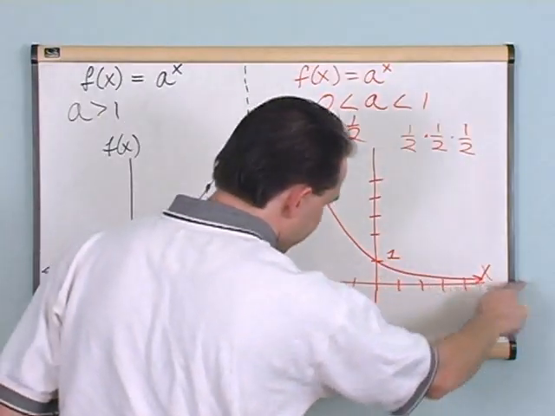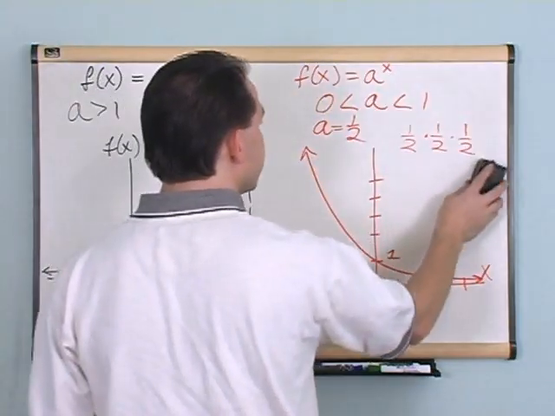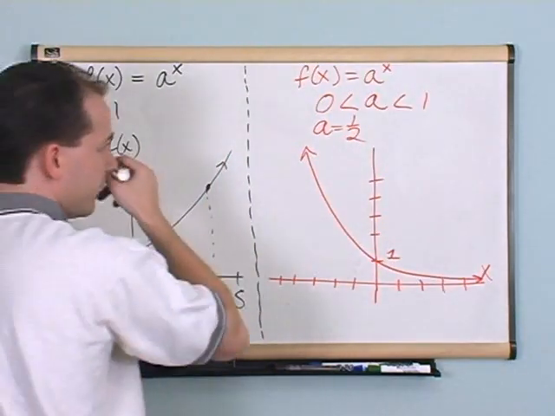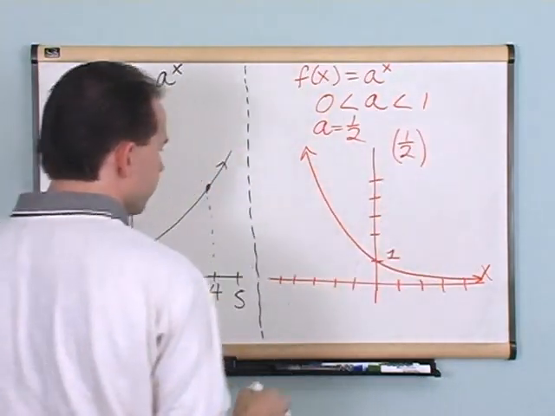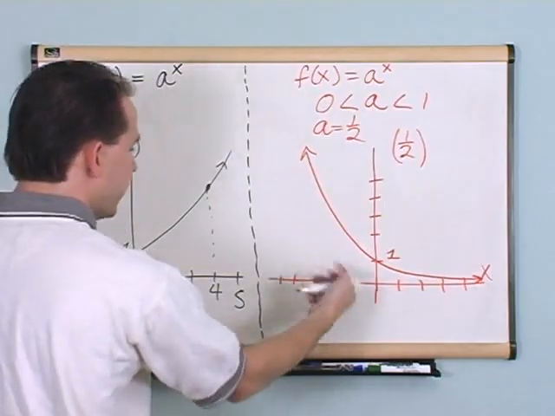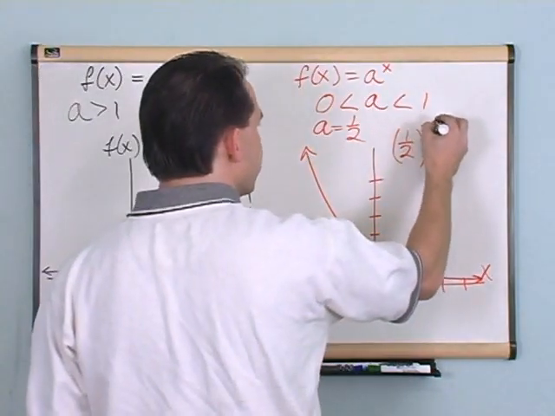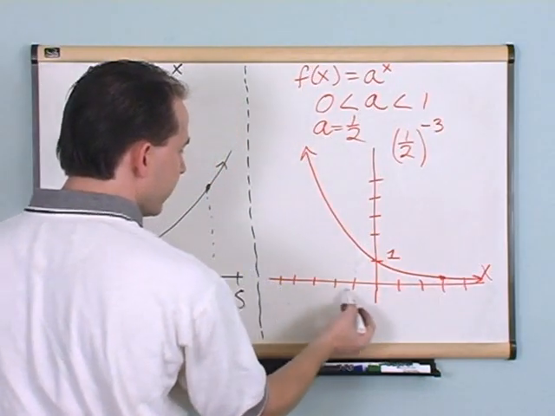Eventually, it's going to just get very close to 0. So that's what's happening there. Okay. As I go negative, what I'm going to have, for instance, would be 1/2 to the negative 1, to the negative 2, to the negative 3, to the negative 4. So let's say I had negative 3 out here, just to compare it. We did positive 3 and we got a very small number,